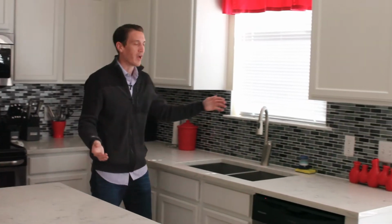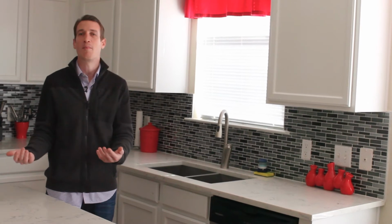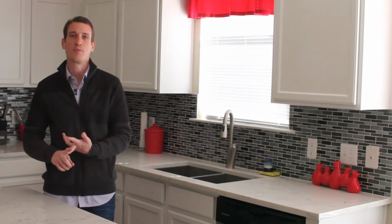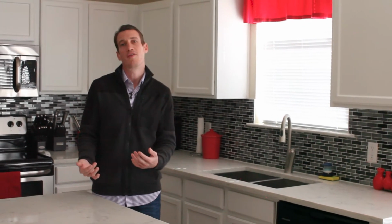Materials-wise, if you're buying a new faucet, and most people do, I need you to have your faucet purchased ahead of time. And also, tell us items you want to use in the faucet. Tell my installer specifically, I only want to use this faucet head and not the soap dispenser. If I do, and I want the soap dispenser here, I want it here. You know, you're the boss, and the more you can think about those things up front, the smoother the install